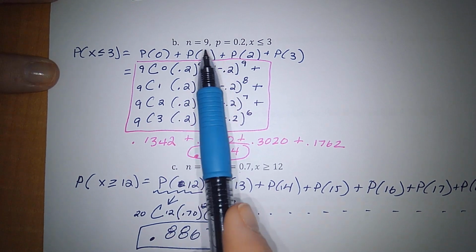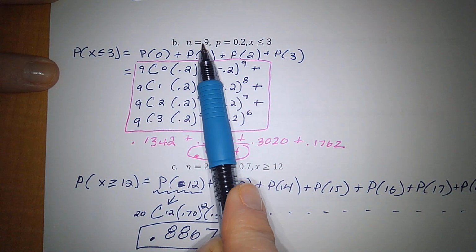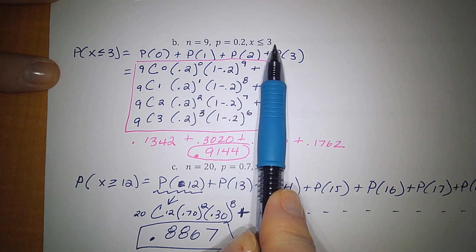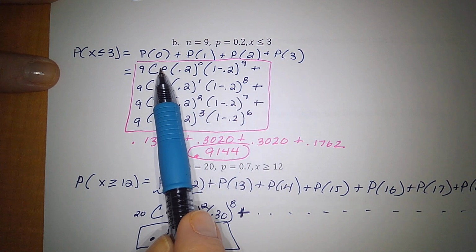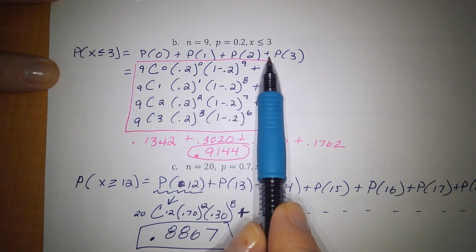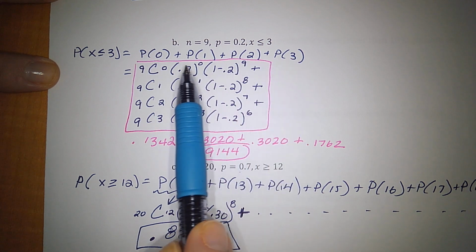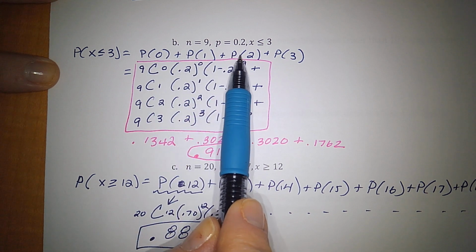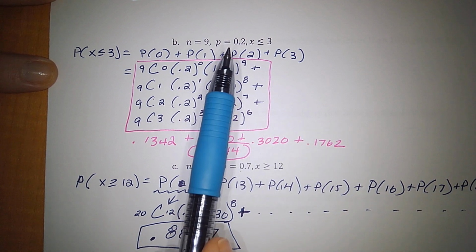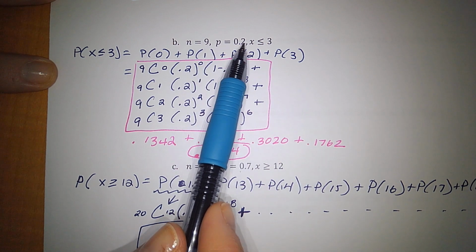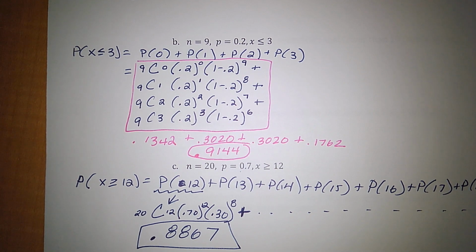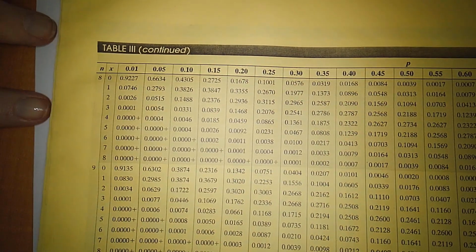The next example says my n is 9, and I want to find the probability that x is less than or equal to 3. So the probability that x is less than or equal to 3, we have to add all of these individual probabilities together. So when I go back to my table, I have to find each of these probabilities, and then I'm going to add them up, just like I did down here. So again, n is 9, probability of success is 0.2, x is less than or equal to 3. So in my table here,